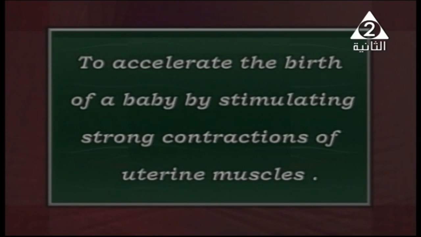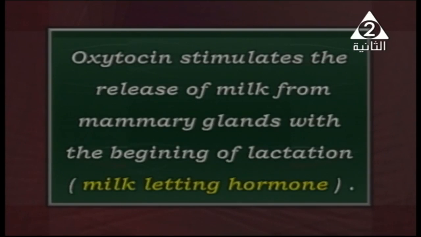By what? By stimulating strong contraction of the uterus or uterine muscles. And also the oxytocin hormone stimulates the release of milk from mammary glands with the beginning of lactation, or the milk letting hormone. After that,